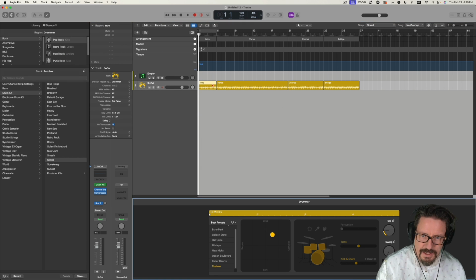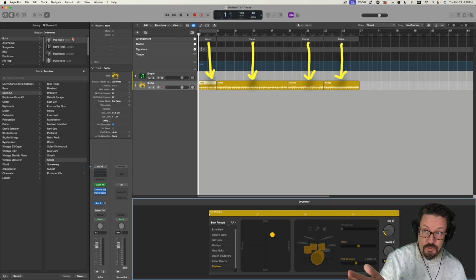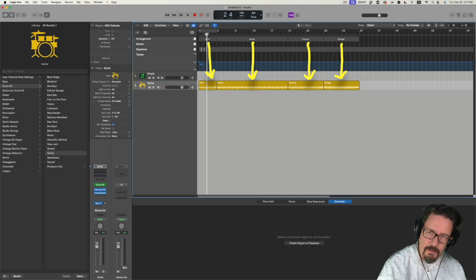And when we do that, it's going to put drum patterns in the style of the drummer from the library, but also in the part of the song. So let's listen a little bit to the intro,